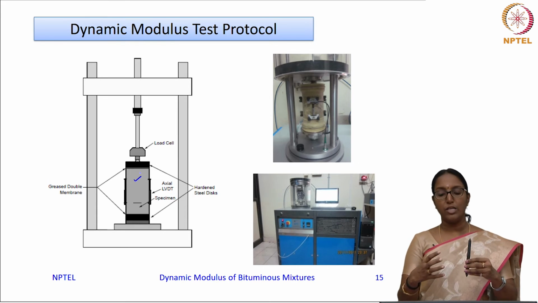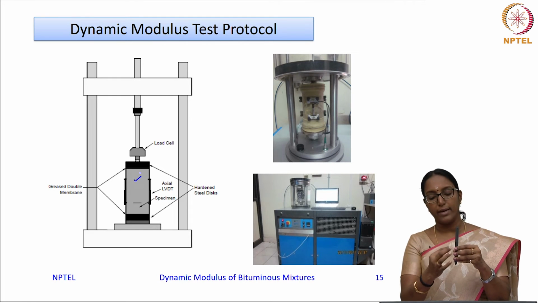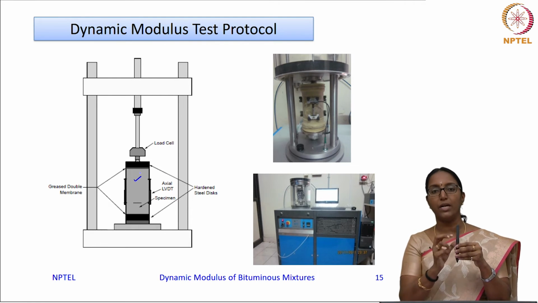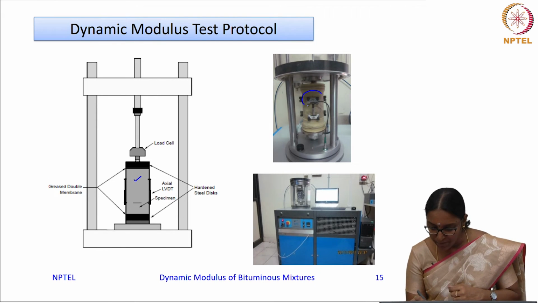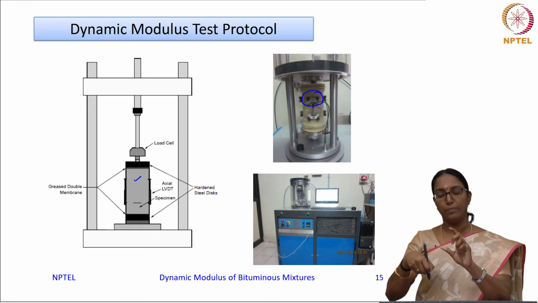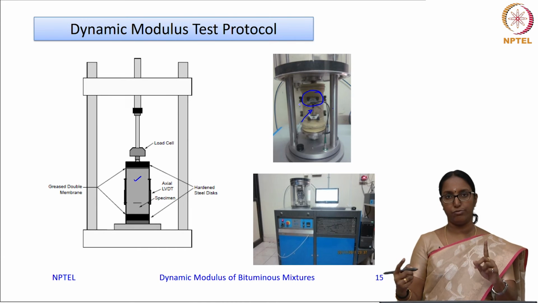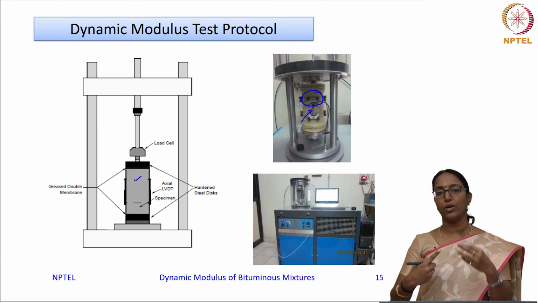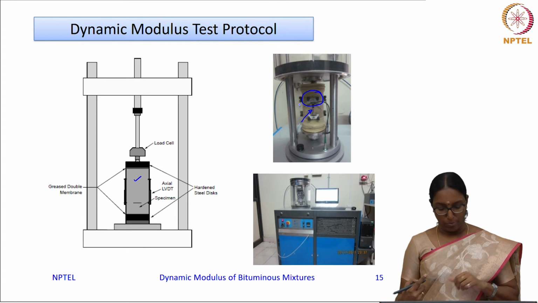Now we have arrangements to fix this. How we normally do it is that you glue nuts at 120 degrees apart on the specimen, and onto those nuts, so you can see here, fixtures will be placed and the LVDTs will be placed on them. So you see the first LVDT here and the other 2 LVDTs on the two sides. So it is at 120 degrees apart. You have 3 LVDTs which collect the corresponding strain due to the applied stress.